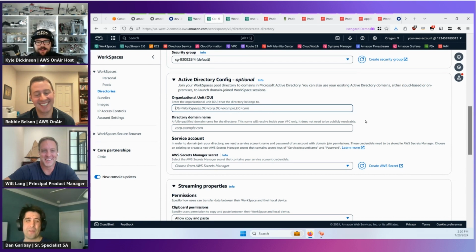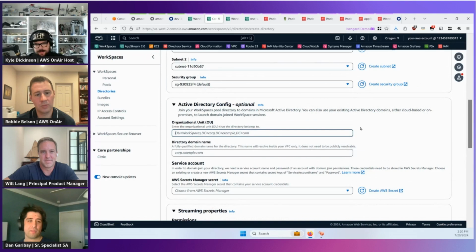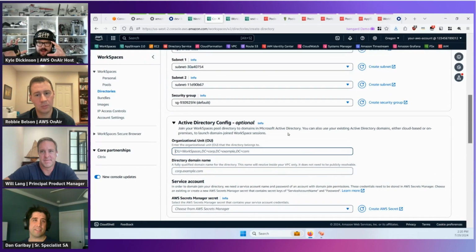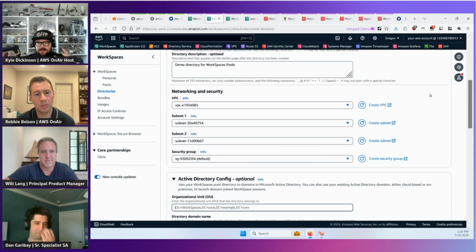All right. So you configured network settings. So just real quick, network settings. VPC is your private network. Subnets are the slices of IP addresses that you allocate to the VPC. And then security groups are what permit inbound and outbound access to these resources. Now, in this context, the security group is being attached to what necessarily, Dan? It'll be attached to each EC2 instance that gets created as part of the pool behind the scenes.